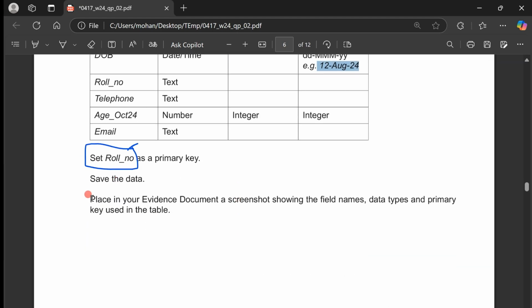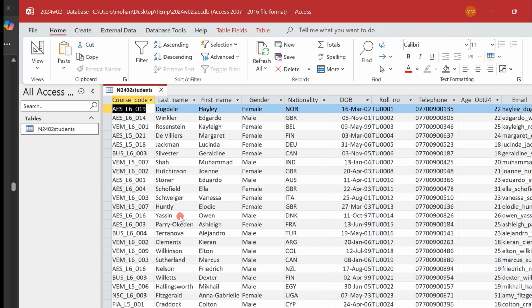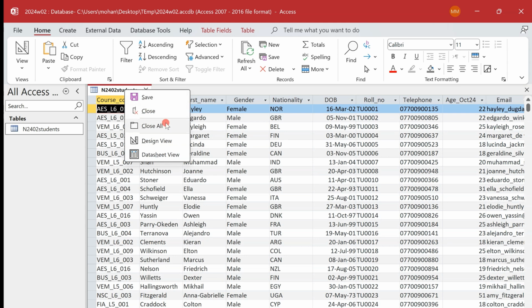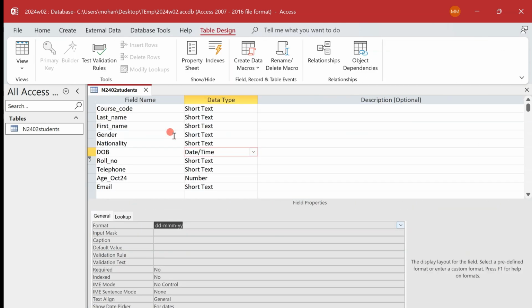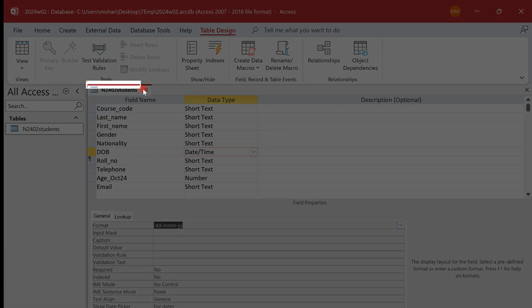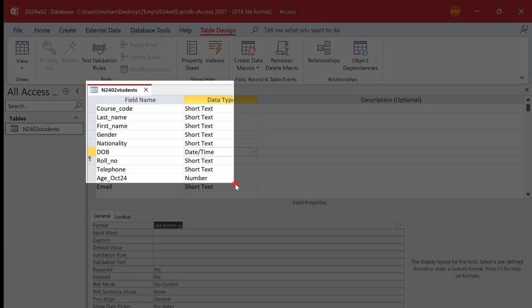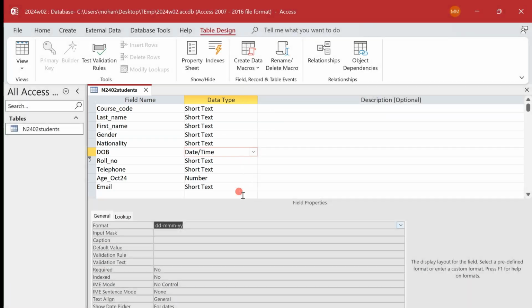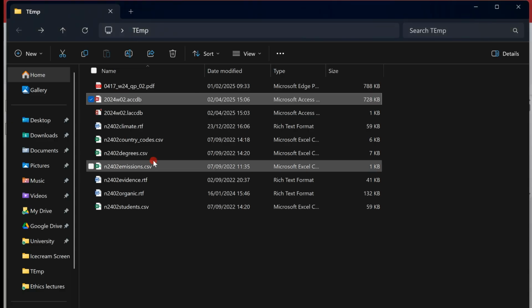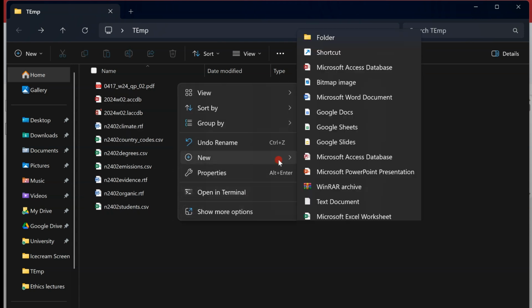So I'll just save my data and place an evidence to show the field name, data type, and primary key. And to do so, I need to go design view, and you take a screenshot of all the fields like this. So you need first of all the table name, the field names, and the data type, and you place it in your evidence. Okay, we don't have ready evidence, so just create an evidence,